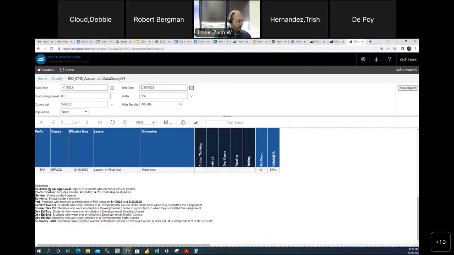Down here at the bottom of the report, there is a definitions section which walks you through how each of these groups is defined. Specifically for something like co-curricular, what does that mean? For the purposes of this particular tool, it's inclusive of our honors students, our adult A students, and our